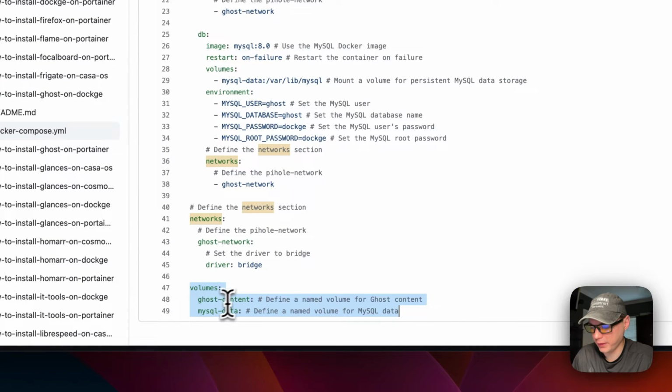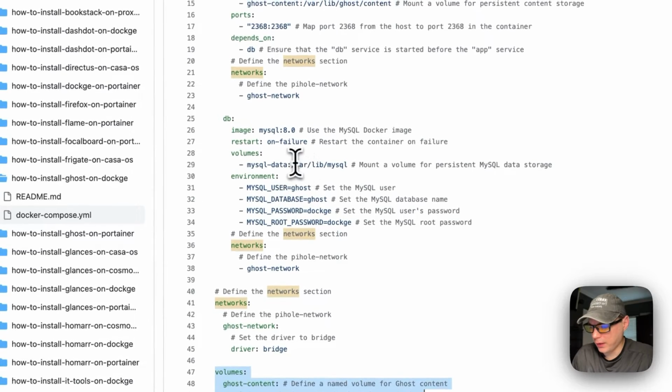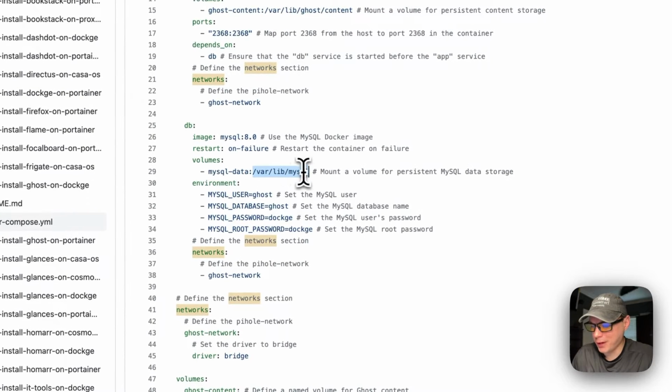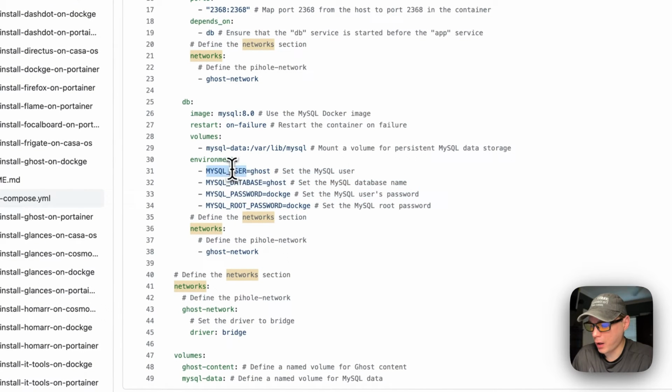Volumes, Ghost content, and then MySQL data. So now on the containers, var/lib/mysql. This is on the container, so do not change it. And then now I'm going to set environments. So MySQL user is Ghost, MySQL database is Ghost, MySQL password is Dockge, MySQL root password is Dockge, and then